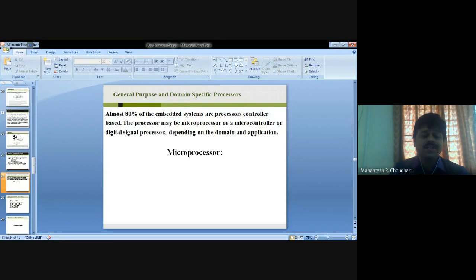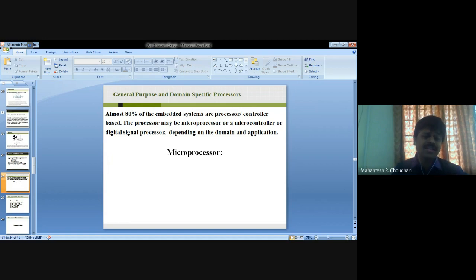Coming to general purpose or domain specific processors, as we know, 80% of embedded systems are processor or controller based. At present, the processor may be a microprocessor, a controller, or a digital signal processor, depending on the domain and application.